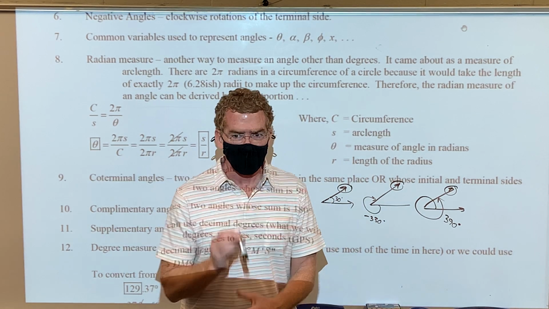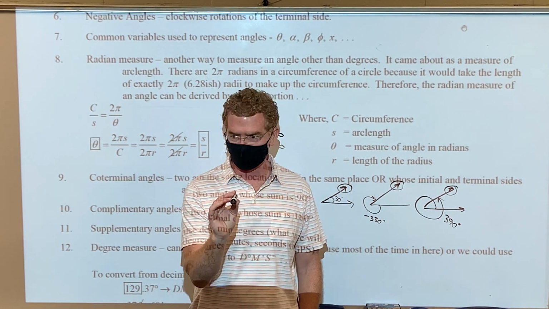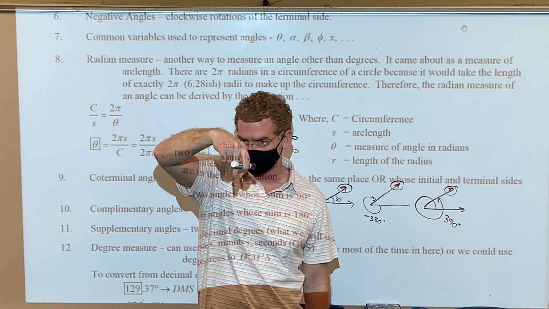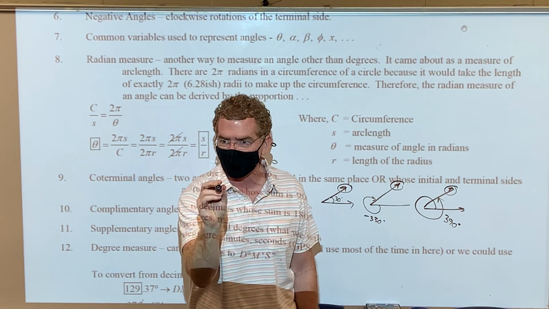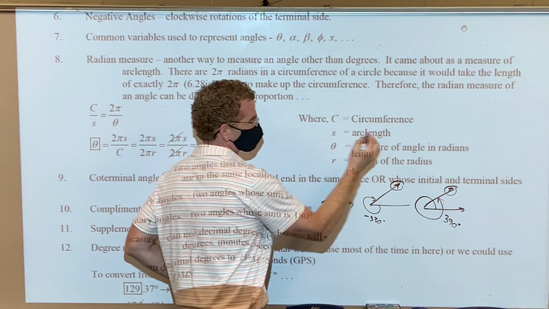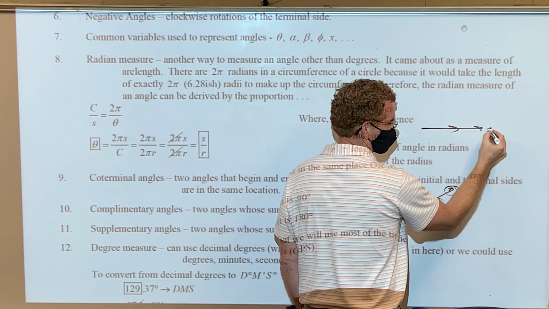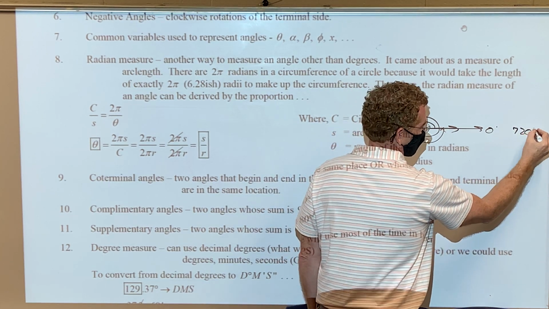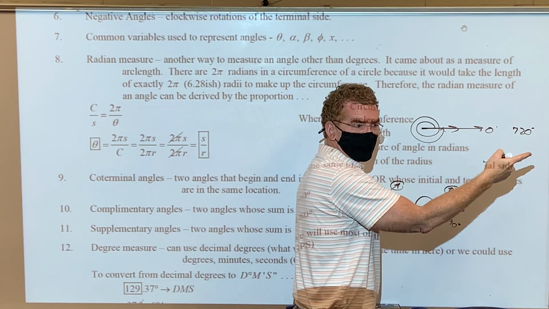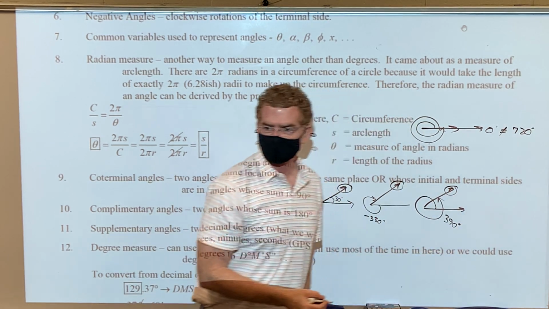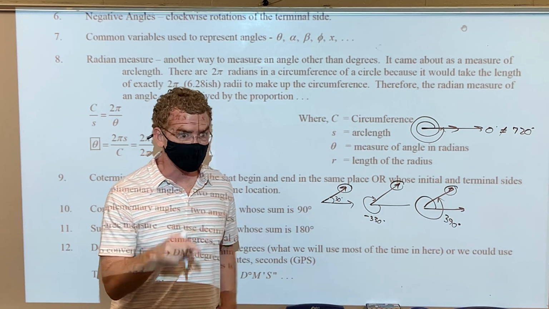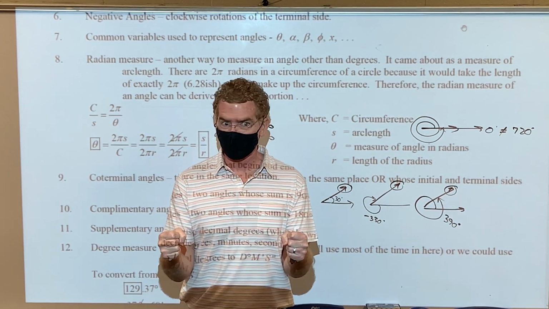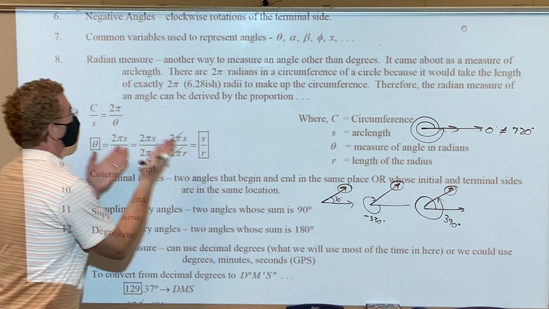But bottom line is, I ended up going the same direction that I was starting with. Like I was heading this way, and then I spun out, I don't remember how many times, it was just spinning. And I ended up going forward again. So my angle, if you think about it, if I was driving this way, initially I was at 0, and then after spinning around a couple times, I went 720 degrees if I spun twice. Those are not the same angle, are they? They look the same, but tell me, does a 720 degree spin feel the same as nothing? No. Okay, so they're different angles,